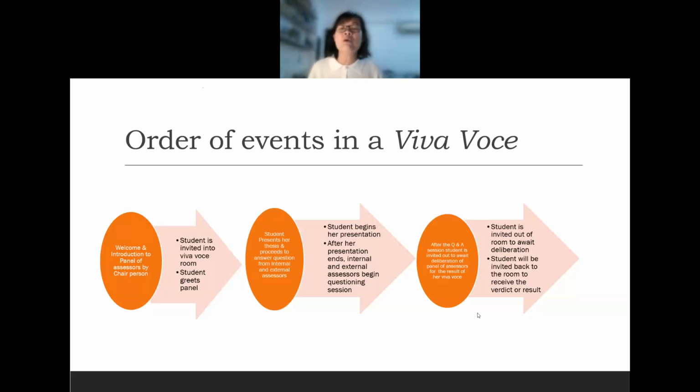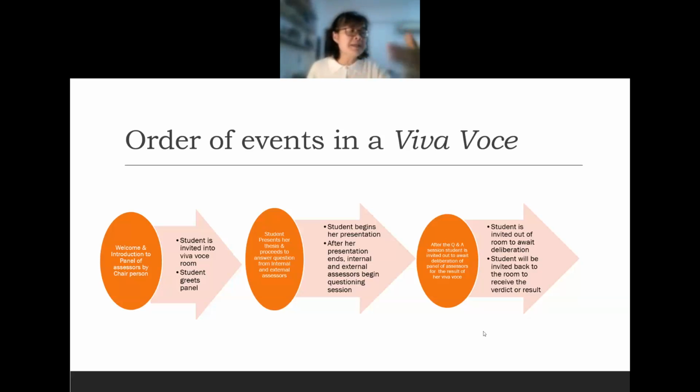So after that, there will be a question and answer session. After you finish, all the experts will be asking you questions regarding your research. After that, when the examiners feel that they have no more questions for you, they ask you to go out first. Either physically go out of the room, or the organizer will let you out of the online platform first. We will decide amongst us whether we want to pass you, give you your master's, or give you your doctorate, and then you will be invited back, and we will tell you what level you have.